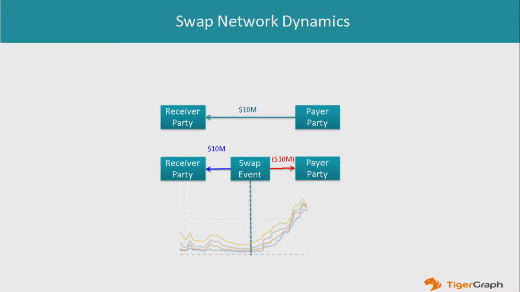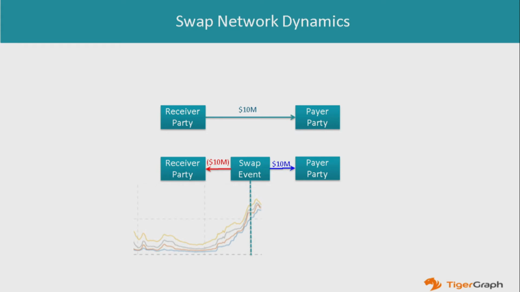Part of what's going on here is that the swap transactions are actually a dynamical network. When you have a swap, what you have is a payer party that's going to pay a fixed rate and a receiver party that's going to pay a variable rate based on some nominal amount. That variable rate usually comes from something called LIBOR, and there is a chart underneath that I'm not showing at the moment. So if the LIBOR rate is lower, the payer party will be paying the receiver party. There may be situations where there's no payment, and there may be situations where the payment goes the other way.